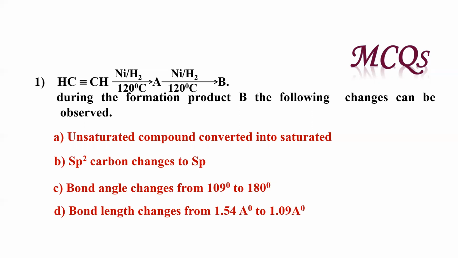So let's try to see the other options and rule out. sp2 carbon changes to sp. In fact, ethine is sp hybridized. From sp, we get sp2, which in turn gets converted to sp3. So option B is wrong. We do not have any other options in C and D which say both A and B or A and C or something like that. Even if you do not know whether option C or D can be right or wrong, you can safely take a bet that option A is your answer.